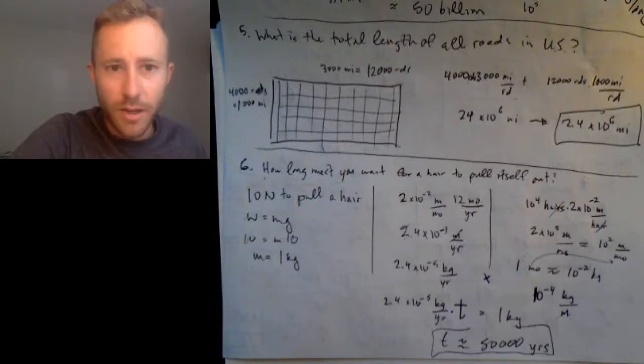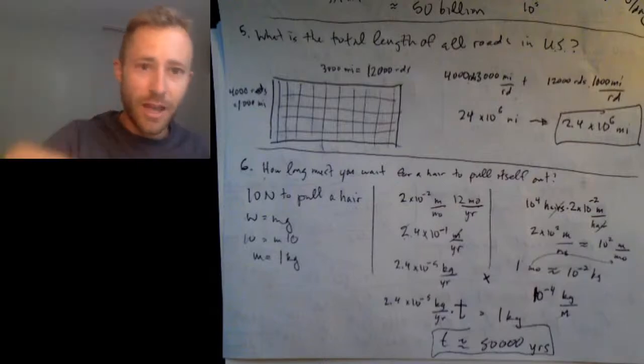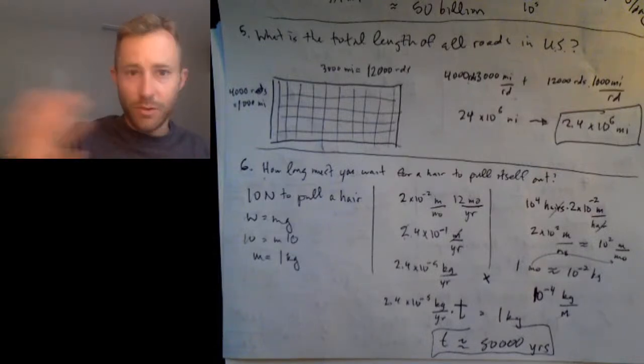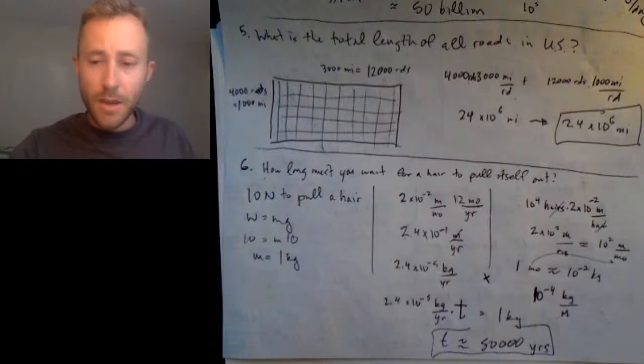I hope you enjoyed that. This week's homework is going to be a little bit different because it's paragraph answers or essay answers. So all you're going to do is just type in your logic, just like I've explained to you for those questions. There is no right or wrong answer. Just practice the method of solving Fermi questions. Okay? So I hope you enjoy, because I really like Fermi